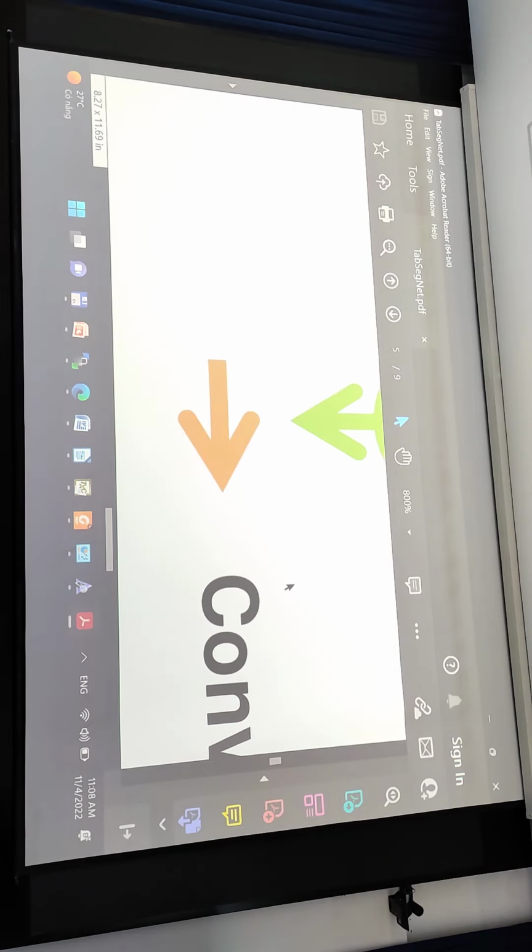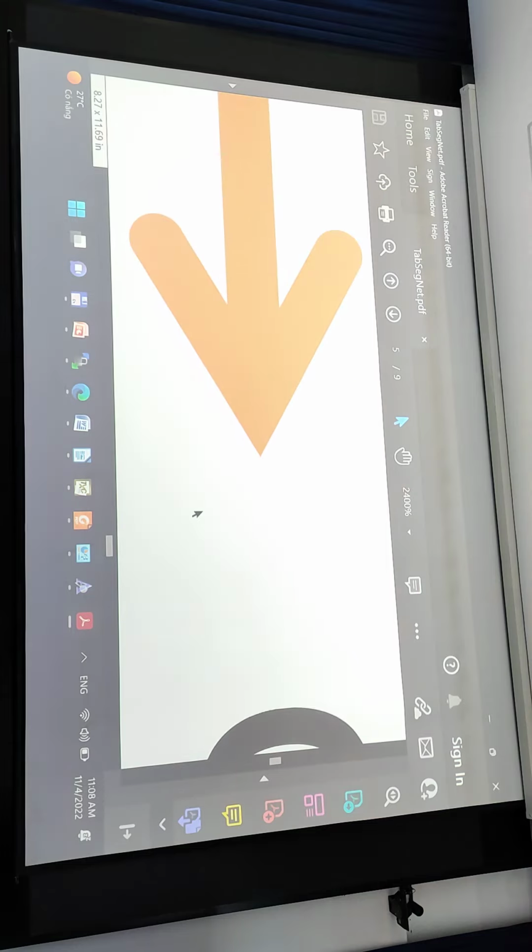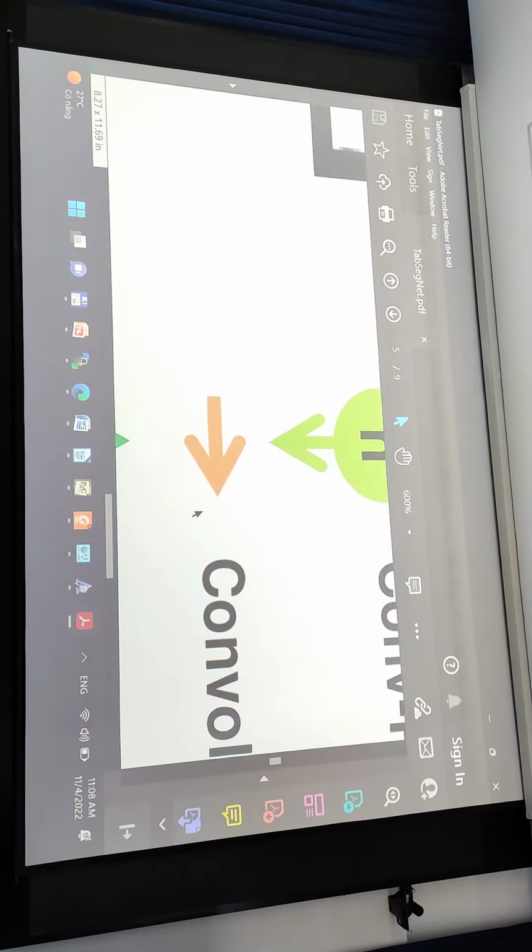Very smooth, because it's in the vector format. You zoom in, it's very smooth.